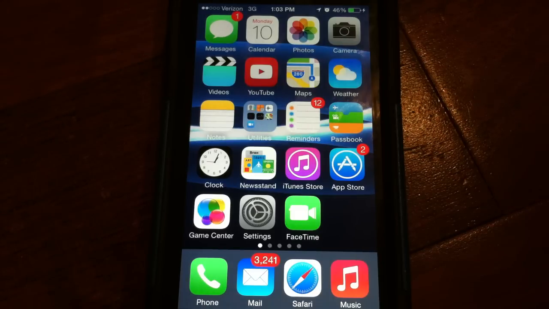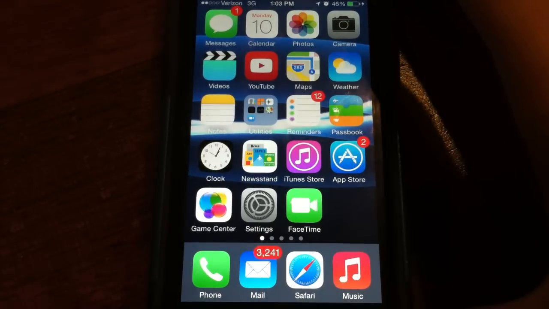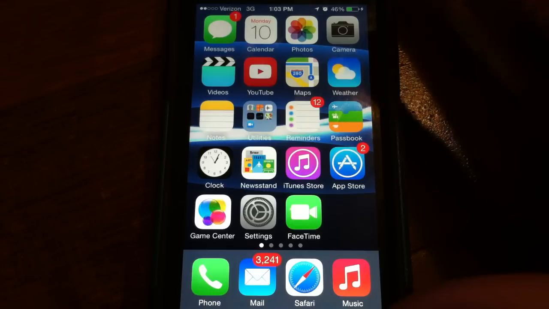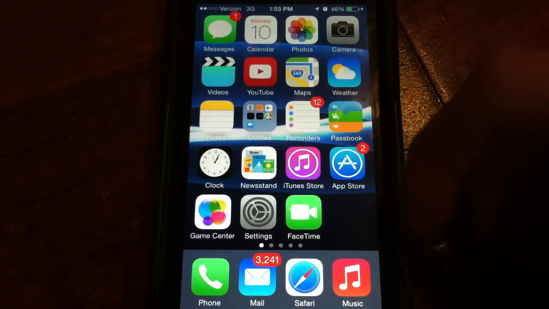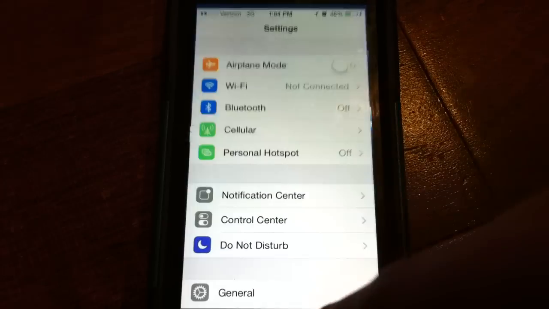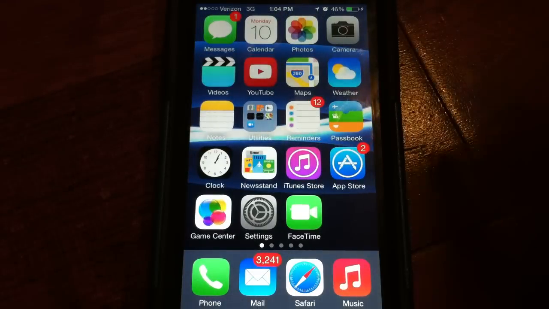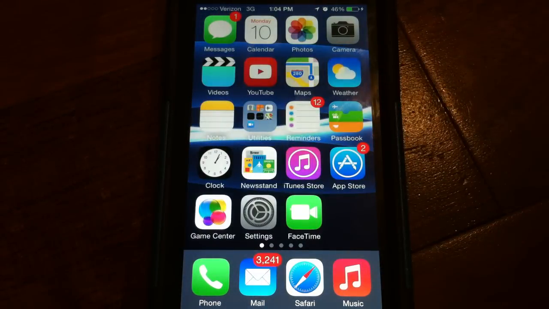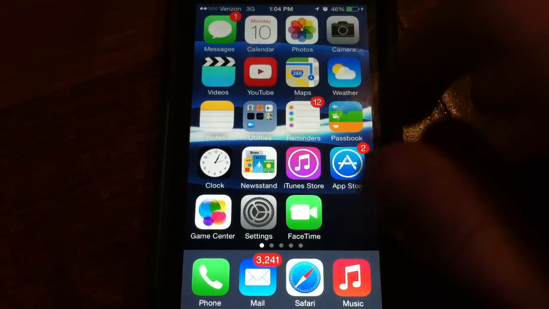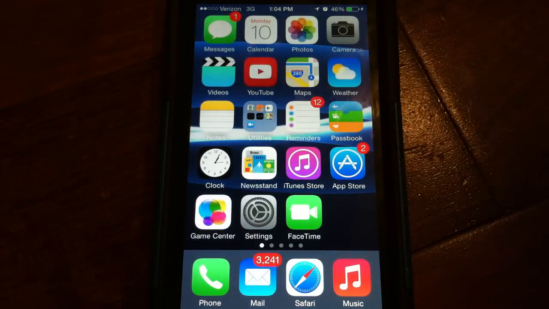Okay, another thing involving animations is the fact that application animations open and close much faster than they did in previous versions of iOS 7. So let's go ahead and open up settings again. As you can see, opening and closing the application is really quick and responsive. And it just makes your iOS device feel much more responsive and quick than it used to be. So that is one thing that I really like. Alright, next